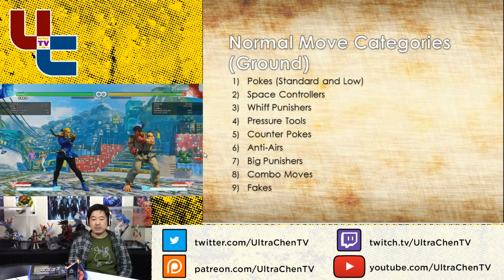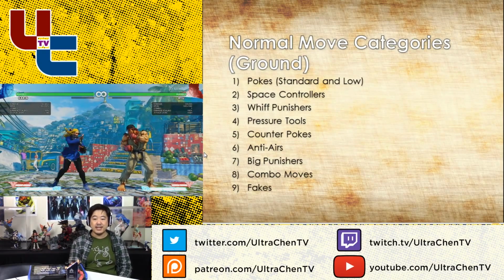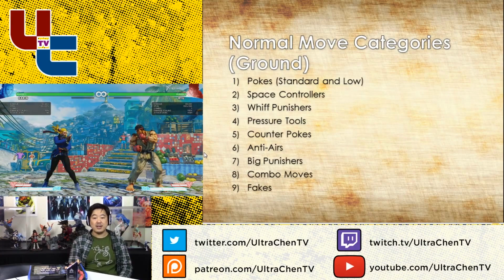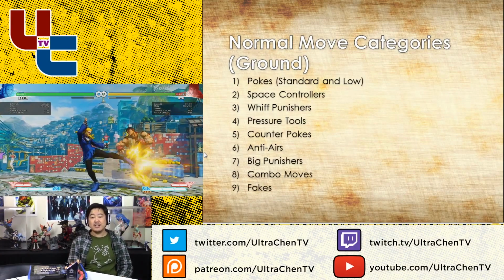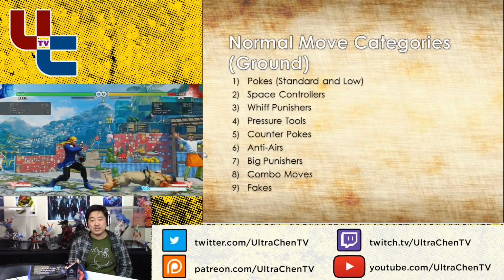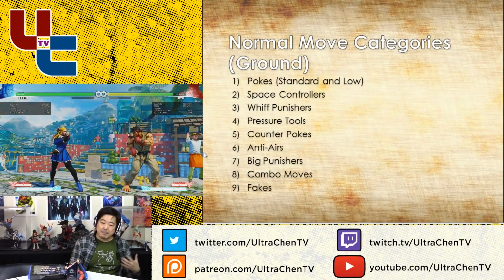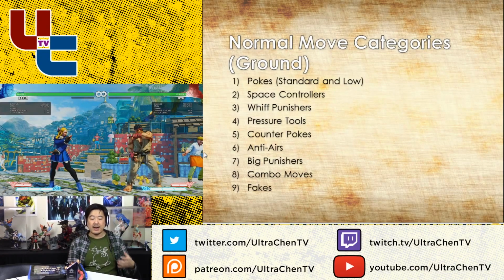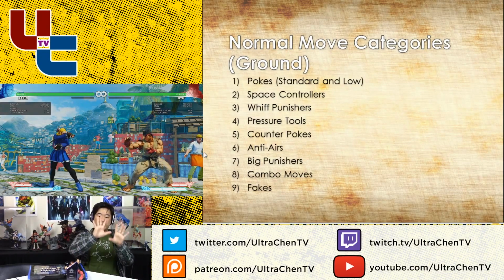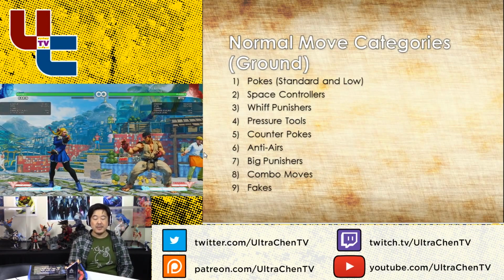My pet moves were going to be stand medium kick, crouching medium kick, standing heavy kick, and crouching heavy kick. I was going to play footsies purely with these four buttons here. These are the only buttons I was going to play footsies with like this. And then as I play, I'm going to start finding out I have holes in my footsie game, or I have holes in my defensive space control game, and that will cause me to go into training mode and look